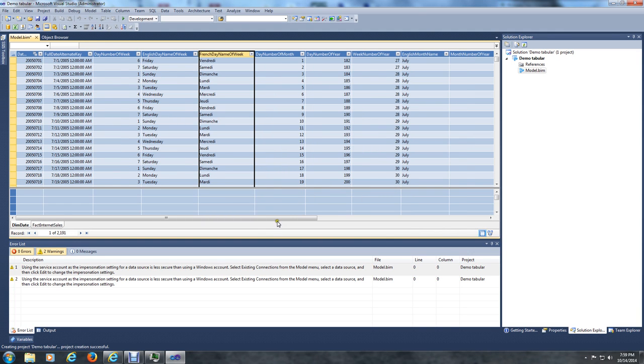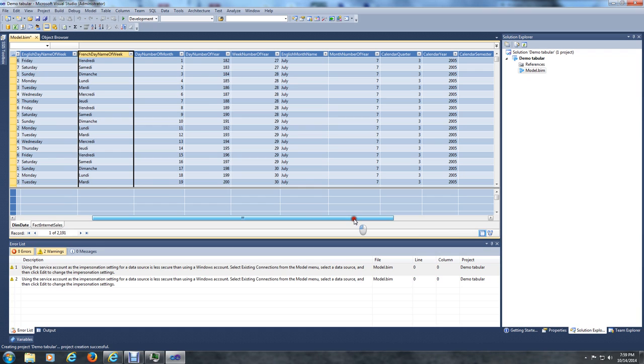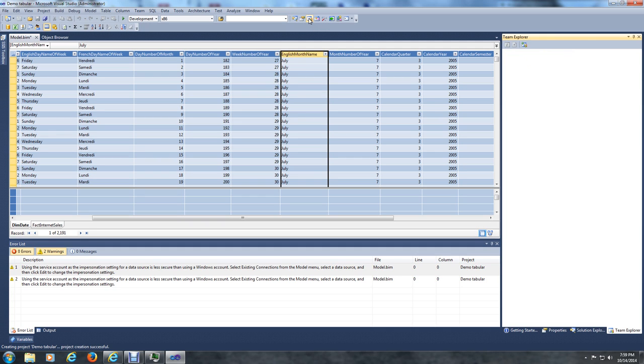Another thing I want to do here is build a hierarchy, but off of month day, but I want July to know how to sort. So the way you fix that is you click the column, you click the